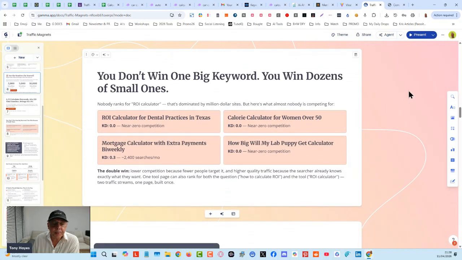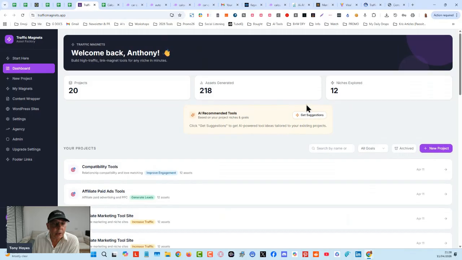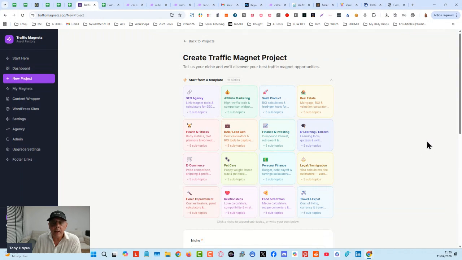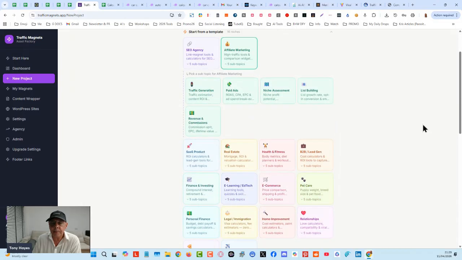How do we build? It's very quick and very easy. I'm just going to give you a very quick demonstration right now. And the stuff that is on the sales page right now doesn't reflect stuff I added in here today. I've added 2 major things in here today. So all we have to do is come in here and click on a project, okay? And within a project, you're going to see I've got some templates in here. There are 16 templates in total, and each has 5 subtopics. So let's choose affiliate marketing, for example, okay?